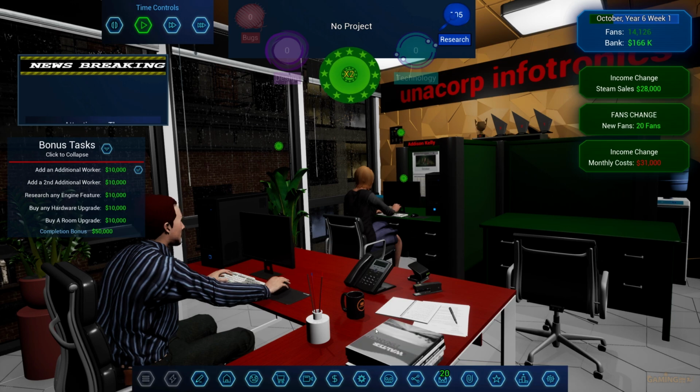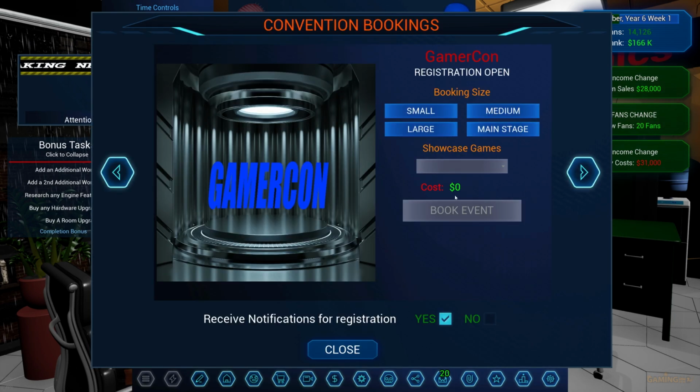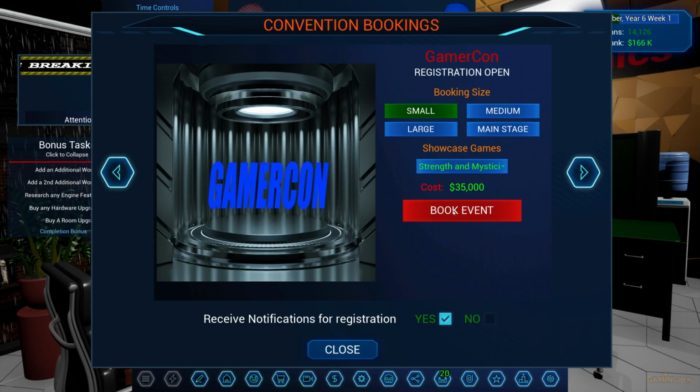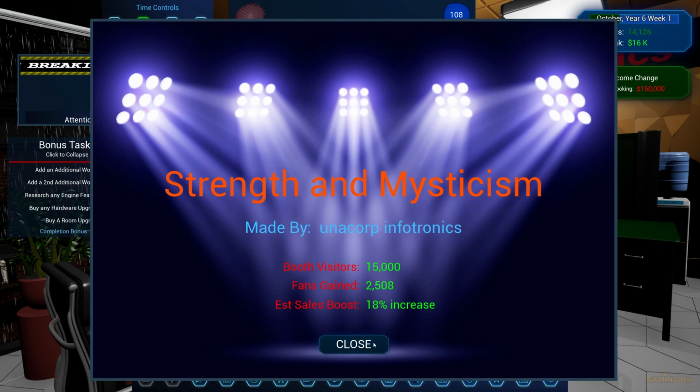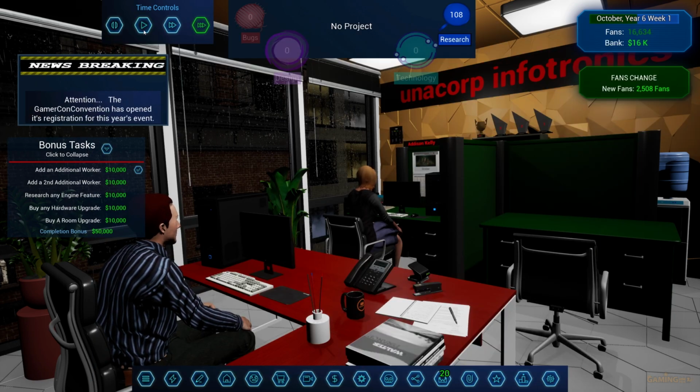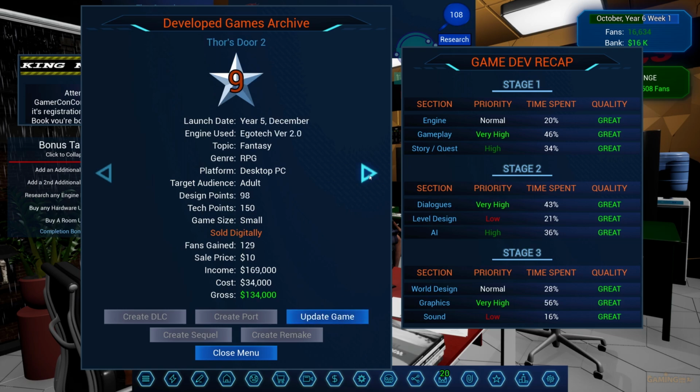Updating Floop. Let's go to the convention. Book event. Can I afford something bigger? Yeah, let's go big. They should see an increase in sales. I said I'm gonna look at the...